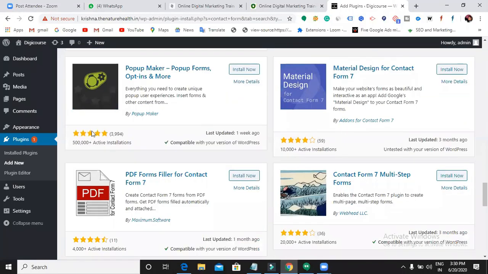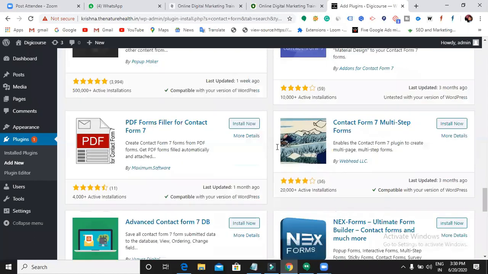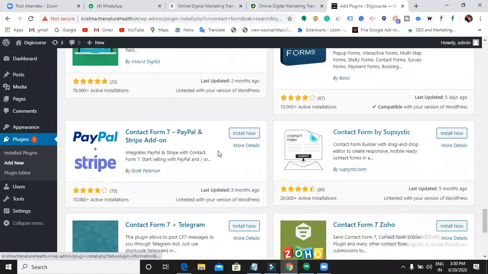You can see the ratings and the active installations. So find out which is working well. When you try working on that particular plugin, then you will come to know whether it is good to show on your website or not, right? At the beginning, you can't tell how a plugin is going to work. First of all, you need to have some experience with that plugin.